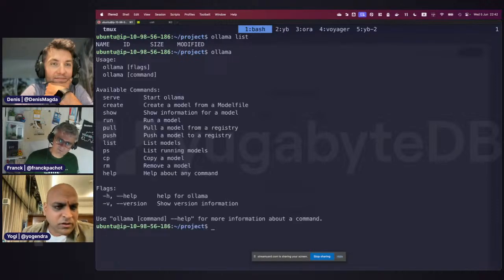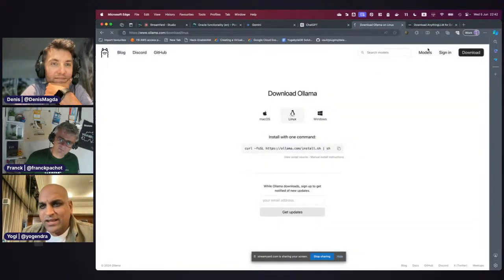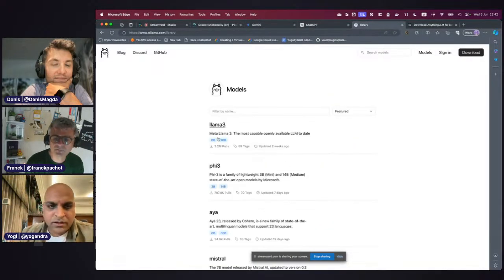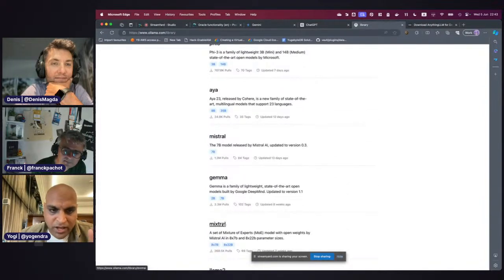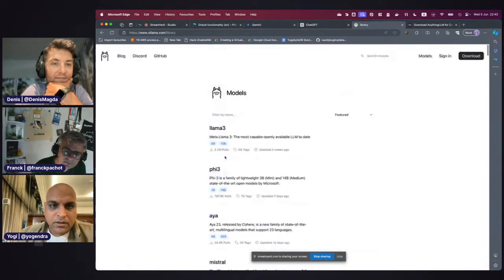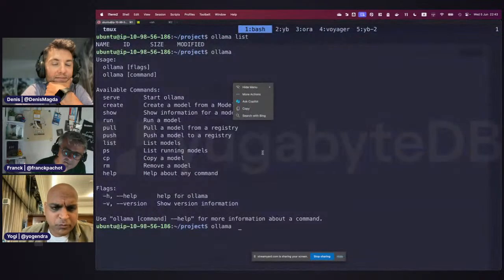To find models, I can go here and get the name. There's no search function right now on the CLI, at least I'm not aware of one. Here you have the option to download any of these models and run them. This is one of the most popular ones.